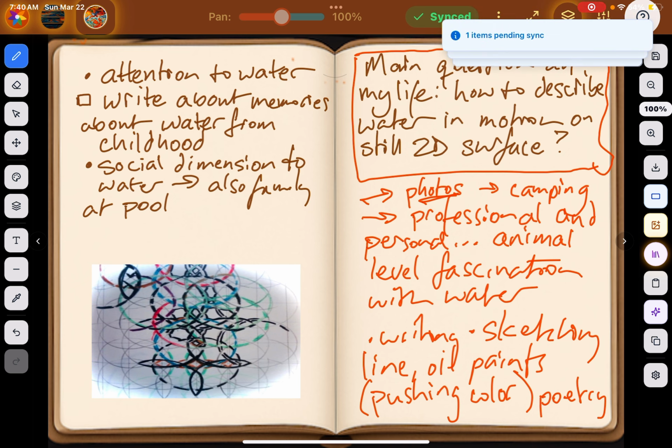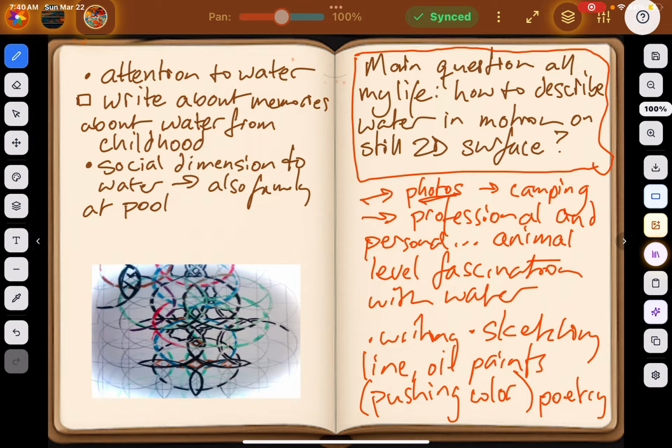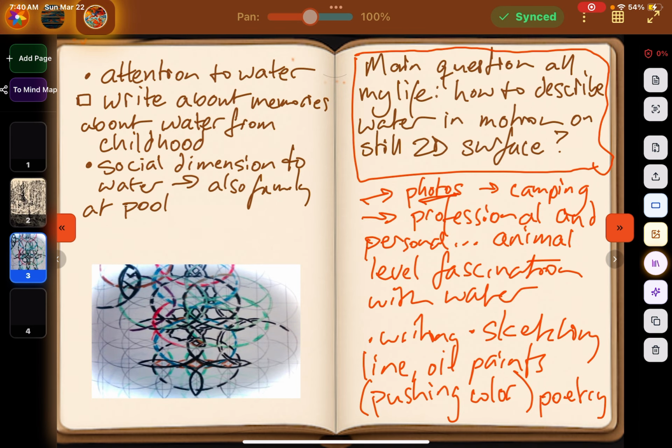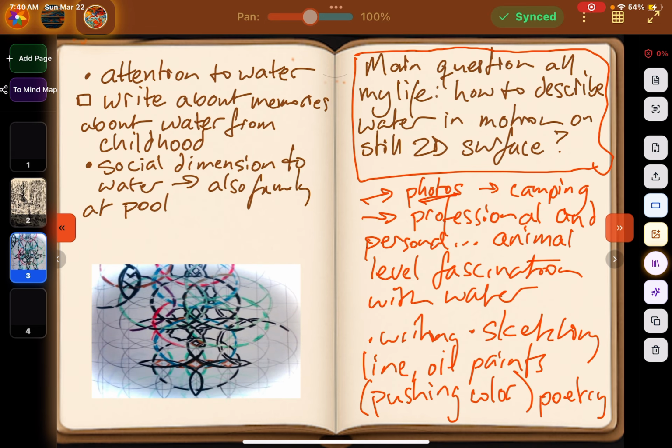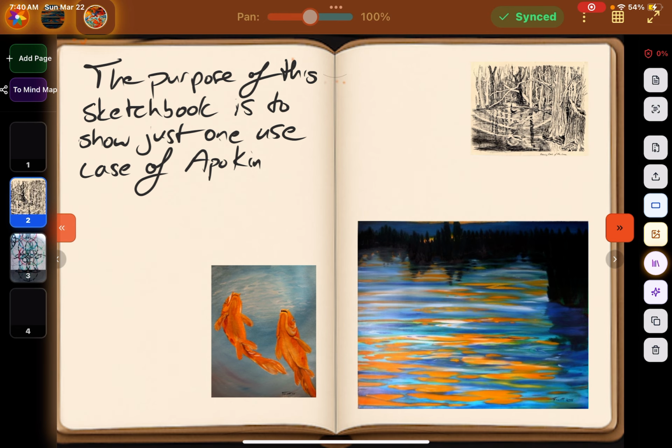Not sure if this will be useful, but it can be. Okay, so now, basically, here's the beginning of my use case scenario. The way this works is I have an editor mode that works sort of like a GIMP or a Photoshop. And then I have the Kindle mode, which allows you to go through and do fun things like